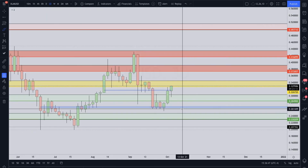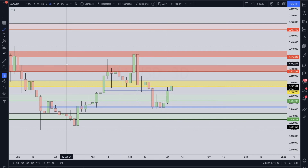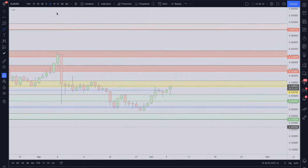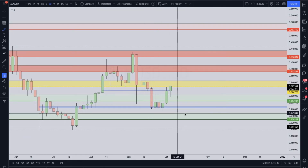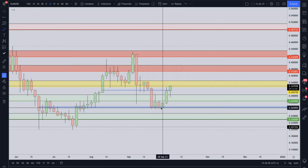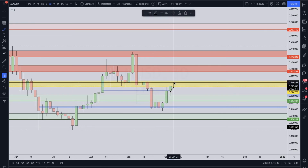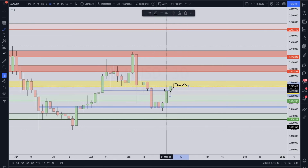If you see it on the 3-day, it's much clearer. That's why I like looking at the 3-day. It gives you an angle that not a lot of people can see if they have the free version of TradingView. So 26.5 was support, is support as of right now. It broke right through the weekly support here, and now we're just resuming into our yellow area, which is indecisive,